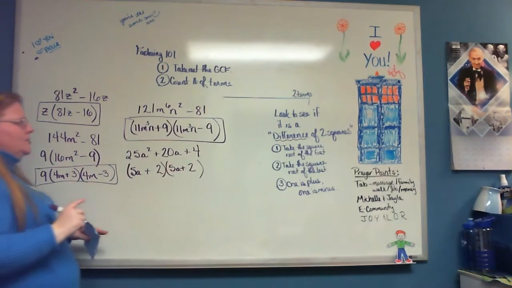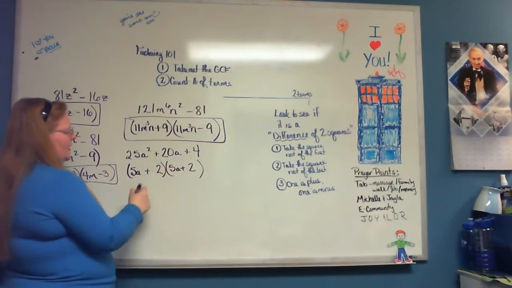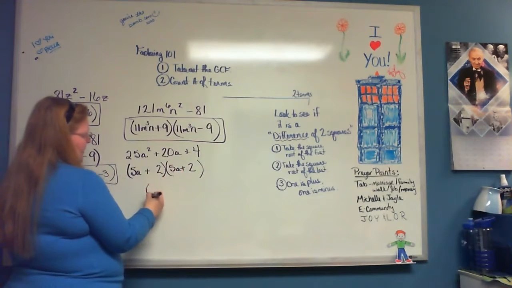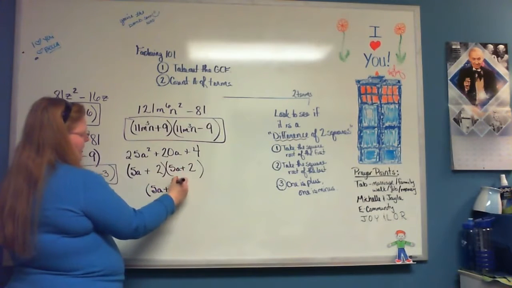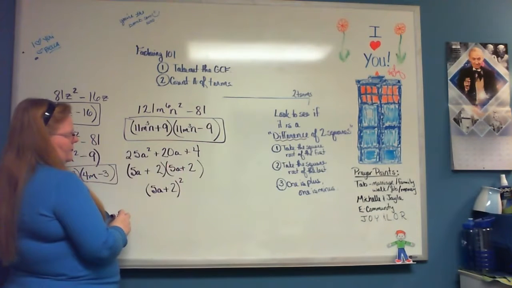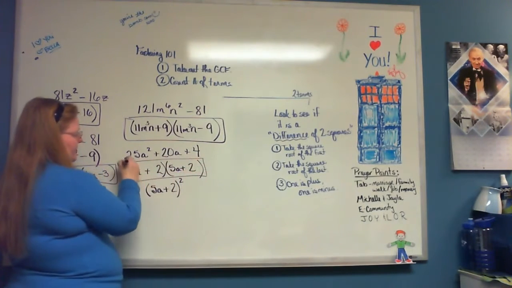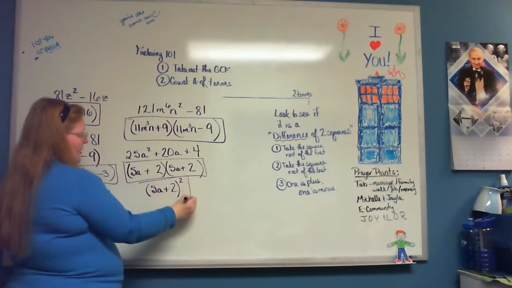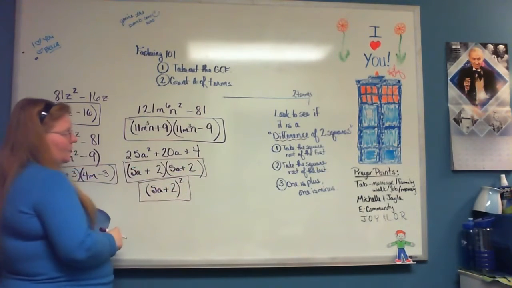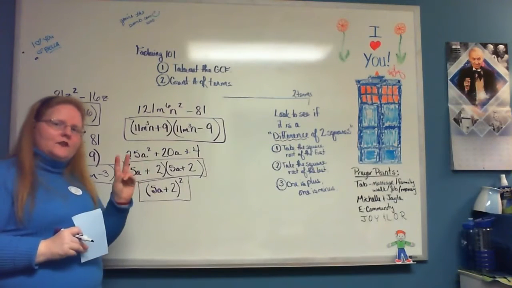Why is it in this section? Because this can be written a special way. Since they are exactly the same, it can be written 5a plus 2 squared, because there are 2 of them. I'm okay with this. I'm okay with that. Your book is okay with either, but it's in this section because it's considered a special